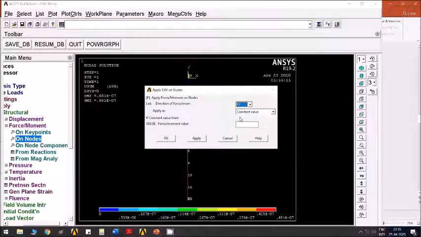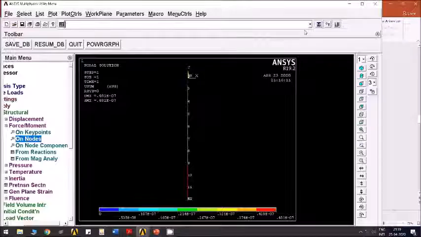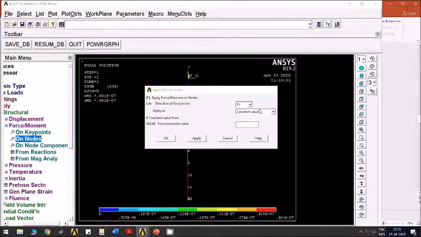In the Fy direction, I have to apply the total weight of the bar. So the total weight of the bar is calculated to be 3849.44 Newton.